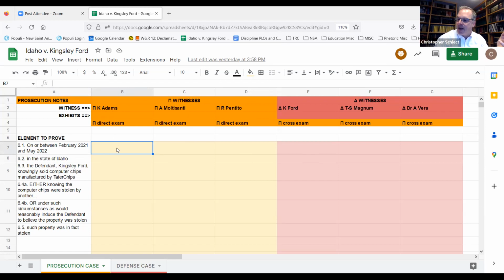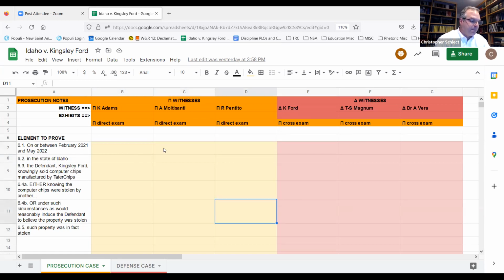If there's anything that's timestamp bound, then I'll put it here on the cell. Anything that identifies that it's the state of Idaho, I'll put it there, and on and on. So what this does is it gives the student a set of lenses for reading through Adams's witness statement. And then we do the same thing for the other witnesses,